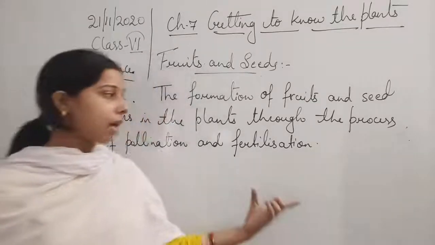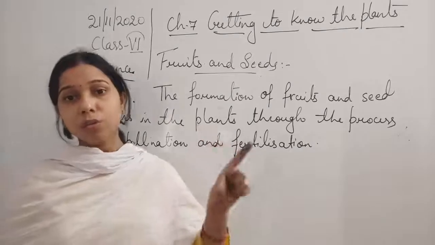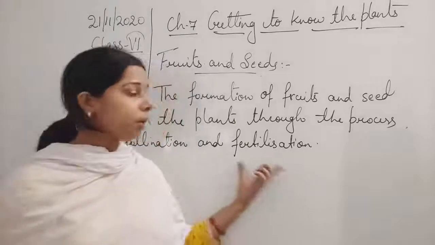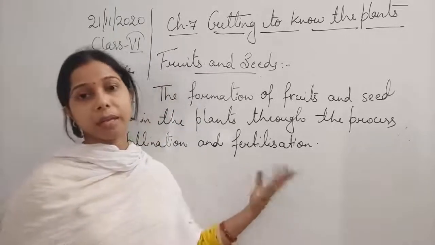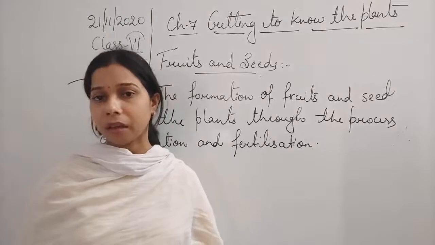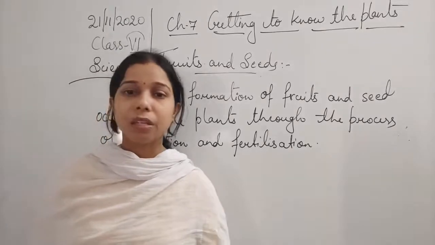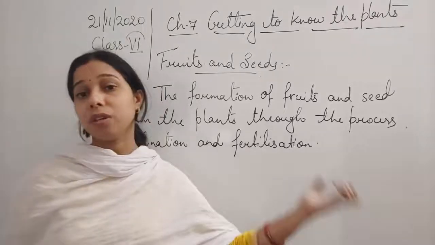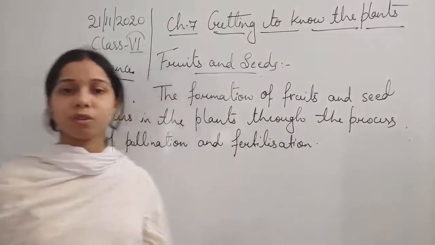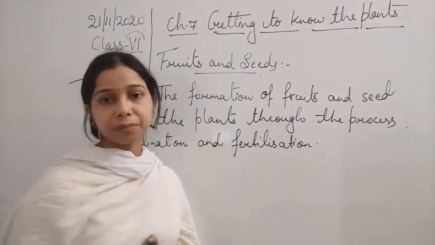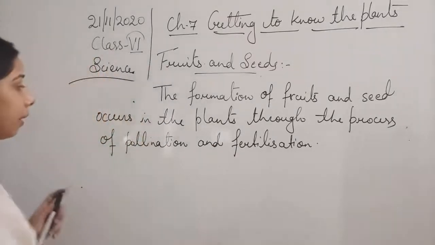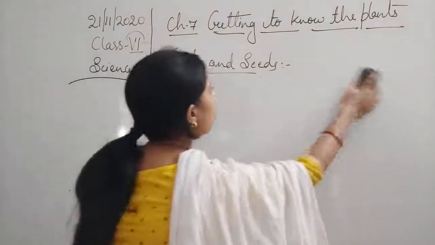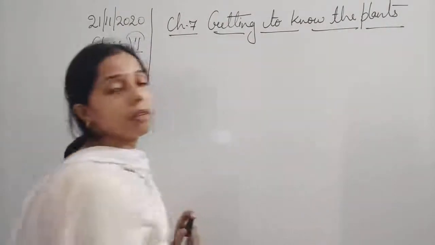So likewise, after fertilization, the fruit and the formation of a seed occur inside the fruit. Okay, you will understand the concept much better when you go to the higher classes. Since there is no need for this much explanation here, simply understand that pollination and fertilization are responsible for the formation of fruits and seeds. Okay. Now let us try to understand the process of pollination and also a small elementary knowledge of fertilization.